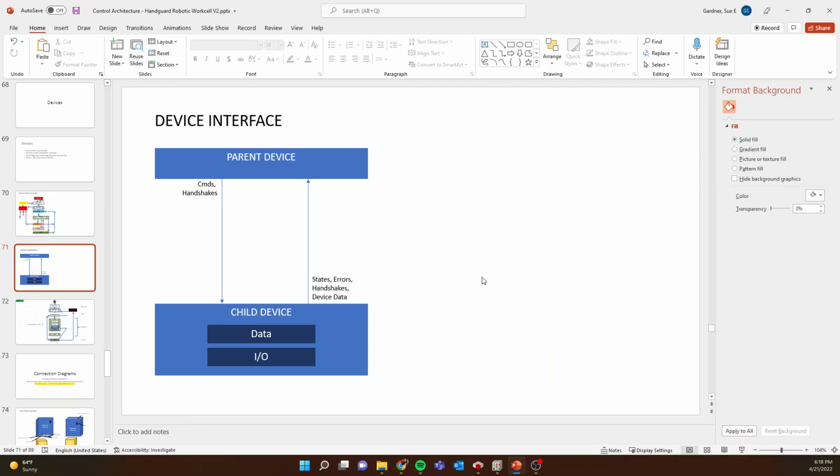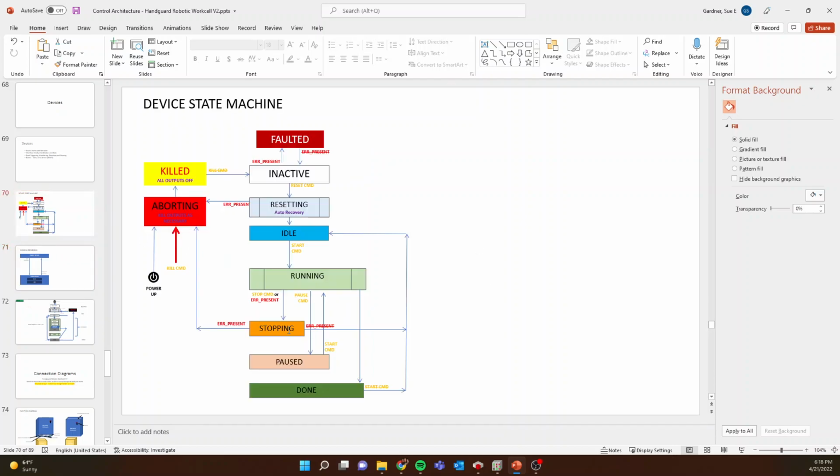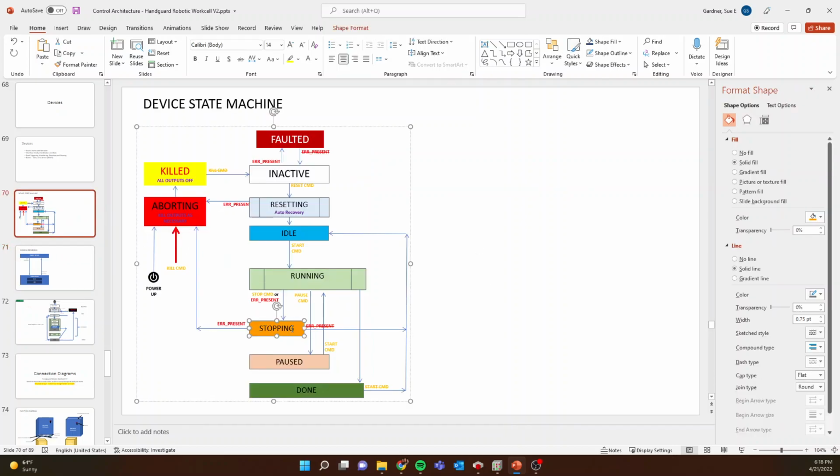All the children of the parent are good, but the parent itself has encountered an error. The parent will take itself to a stopping transition, and in that stopping transition, likely the parent will be issuing stop commands to the children. It's likely that the children are already stopped or idle, so really once the stopping complete has been detected,